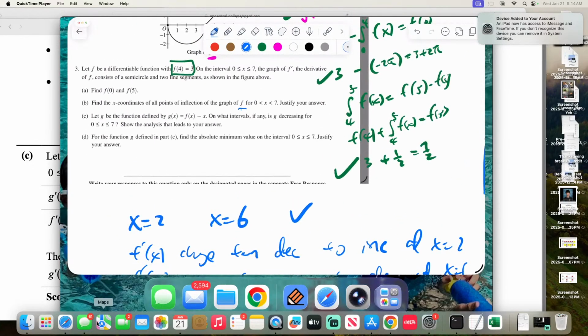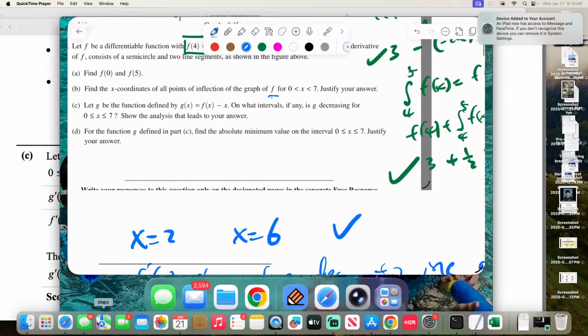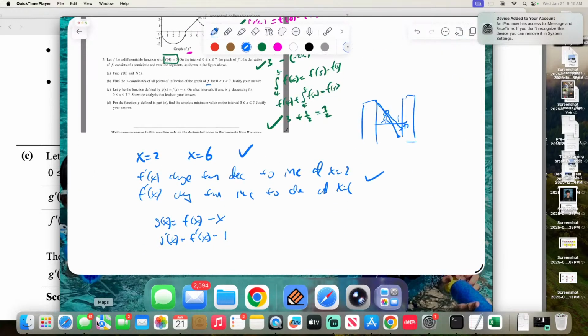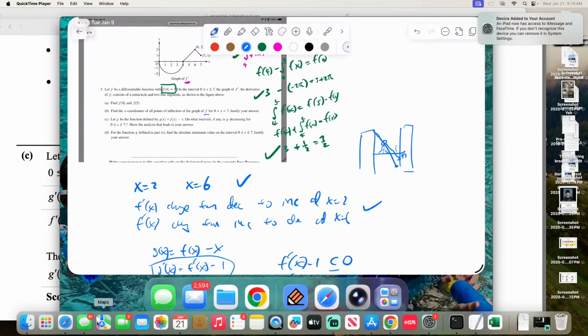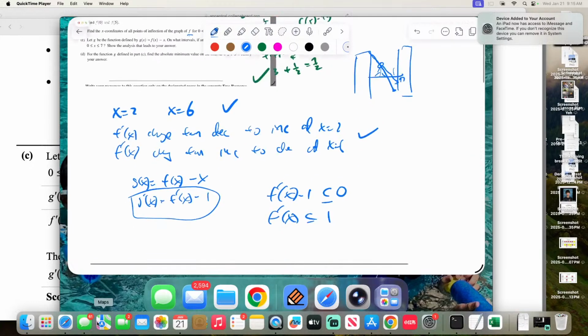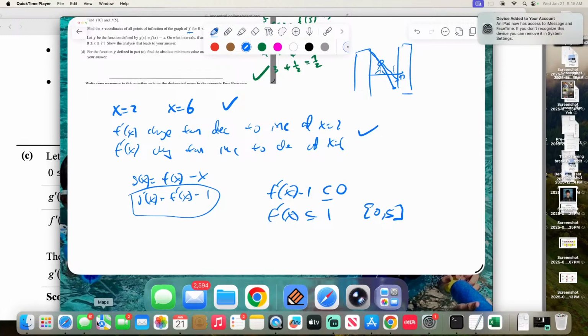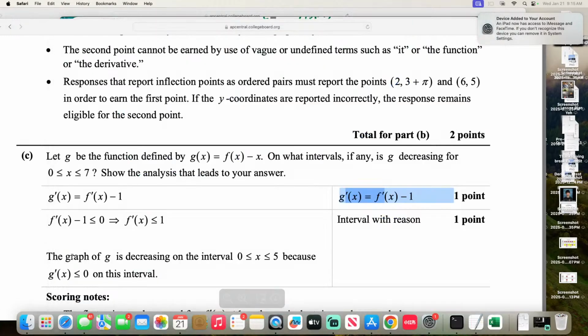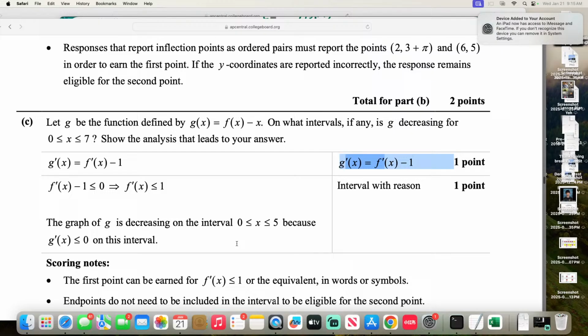Okay, does this make sense? So just write down that we want it less than 0. So we want f prime of x minus 1 less than 0, and f prime of x less than 1, right? When is it less than 1? It starts at this point, so between 0 and 5. Does that make sense? Between 0 and 5? And you're going to say g prime of x is less than 0, which is